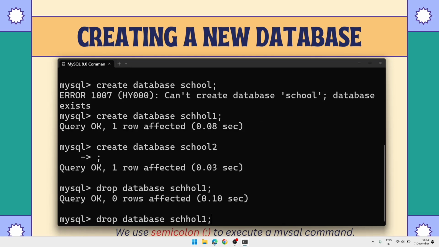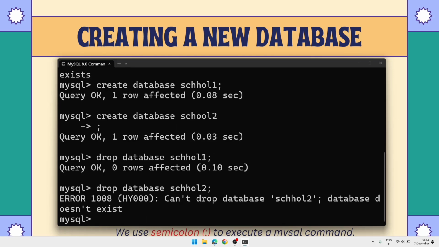Again, now you will see this command will come directly when we press the up arrow key. The command will appear automatically. We do not have to write it. So now we will write drop database school2. I am getting the previous one, and instead of 1 I am writing 2, semicolon, enter. Cannot drop database school2, database does not exist. Oh, school2 is already deleted. So this way we can remove databases from our